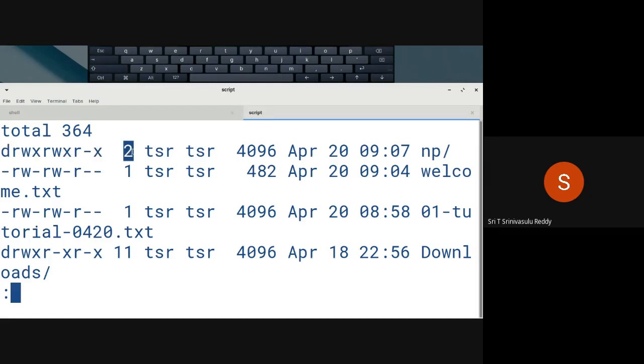This particular thing is the number of links. Links we will talk about later, but it is how many links you have to the same file, right? You can have multiple links to the same file, aliasing and all that we use. And this is the owner name or the user name here, sir. This is the user name, and this is the group name actually. You can group a number of users under one particular group so that all those group members can share the documents and use them.